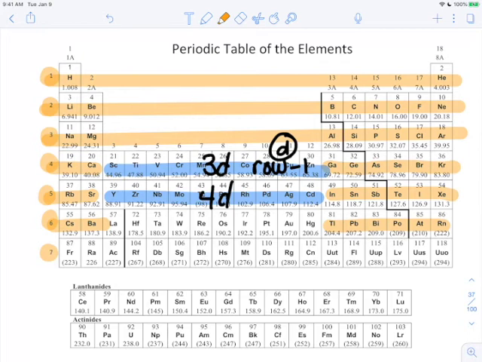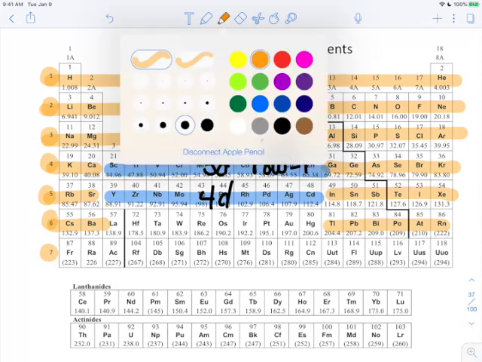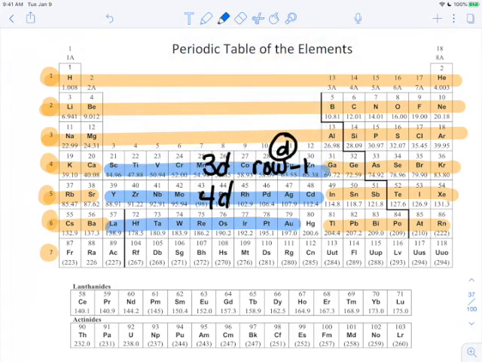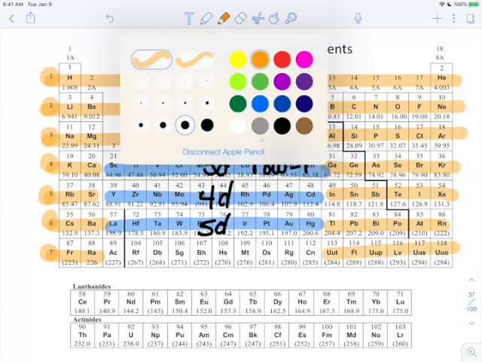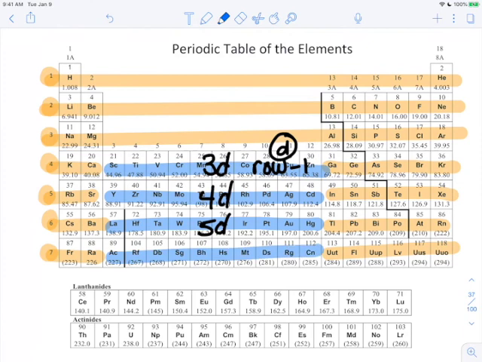There is our 6P. And right in the middle here, we have 5D. Because again, in the D block, it's always the row minus 1. Here are the 7, so there's 7S, 7P, and then,